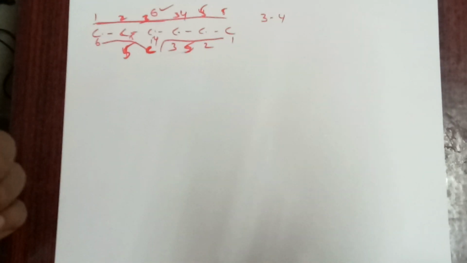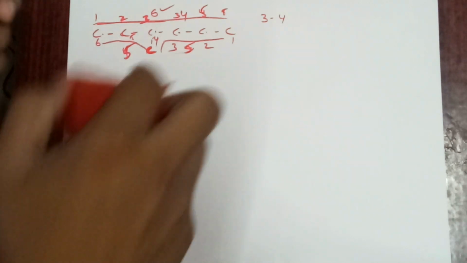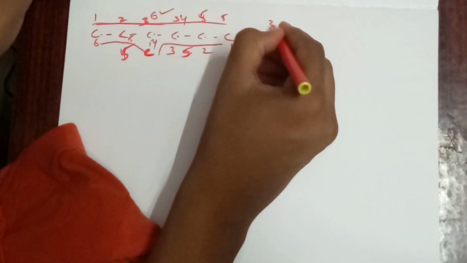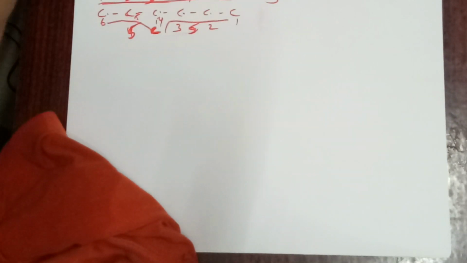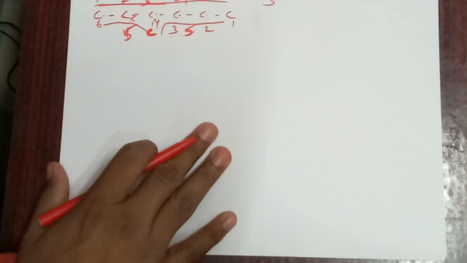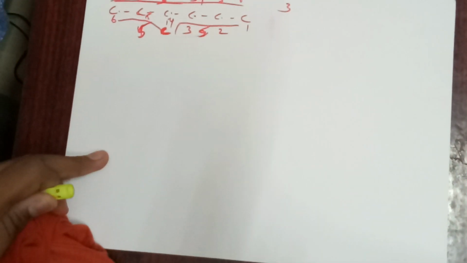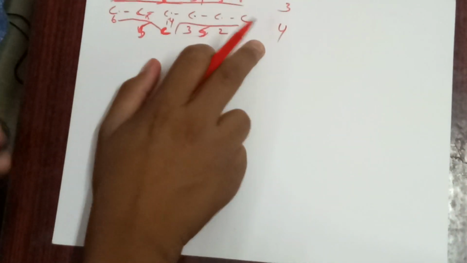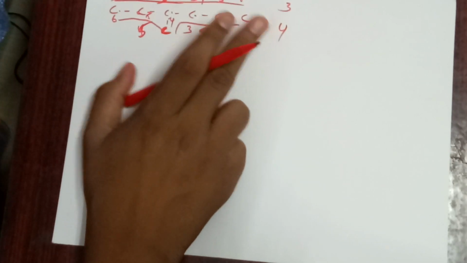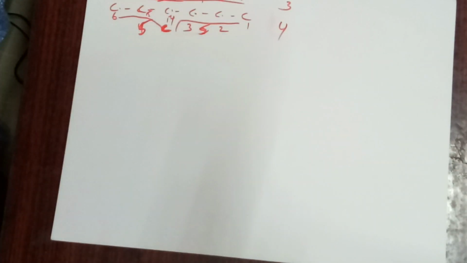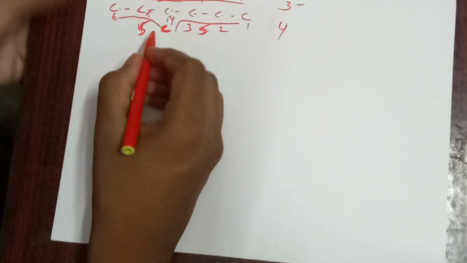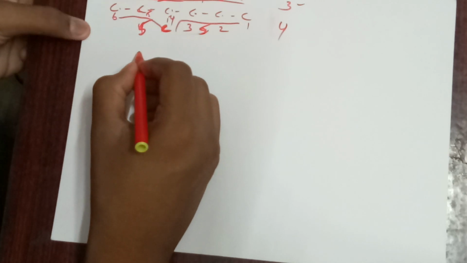Is it correct? I'm sorry, I made a small mistake. This is not 3 to 4. This is only linked to number 3. So that is only going to be 3. And in the down number line, it is 4. You have to write separately like this, and you have to consider the smallest value. 3 is the smallest value. So 3, in which number line is it? Upper number line. So you have to write 3